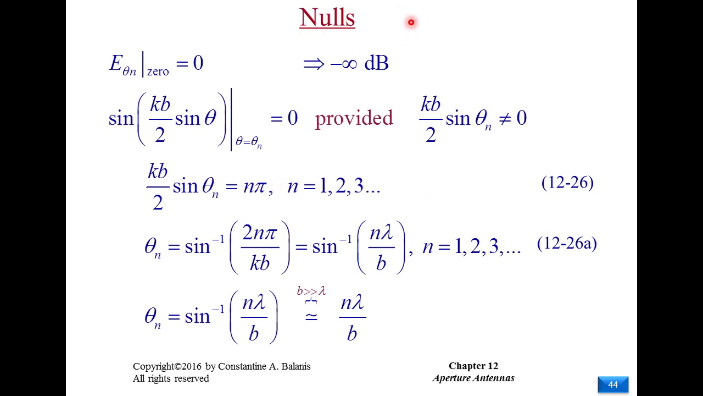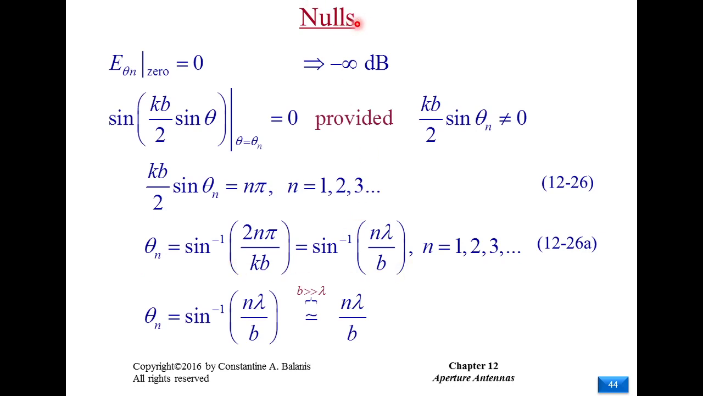Okay, where are the nulls? So for E theta normalized equals 0, we need this function to equal 0, but the denominator doesn't equal 0. So this is happening when kb over 2 sine theta equals n pi, where n doesn't equal 0. So it starts from 1. So for n equal 1, 2, 3, the theta for null equals the sine inverse of 2n pi over kb, or if we substitute k with 2 pi over lambda, we'll have n lambda over b. So those are the angles for